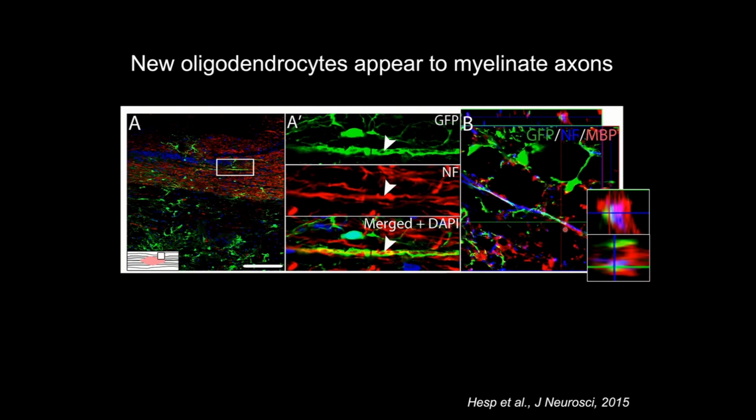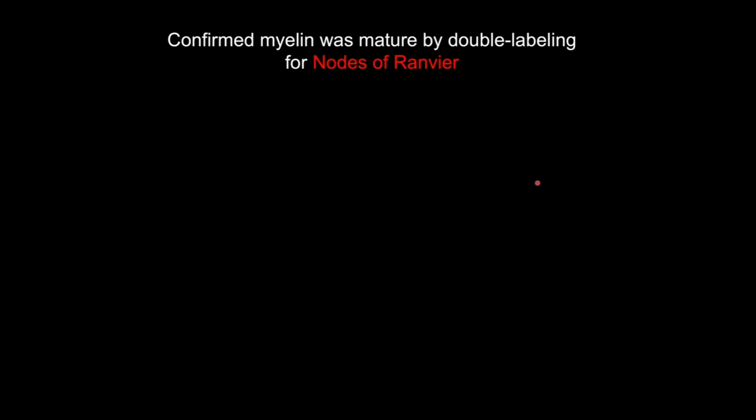And in this image, you can see a Z-stack through a spinal cord axon. Here the axon is labeled in blue, and MBP is labeled in red, and then we have the GFP as part of this MBP positive sheath. So we could see what looks like evidence of myelination. This doesn't prove it, however. So in order to try to find more evidence that this is actually functional myelin, we turned to examining the nodes of Ranvier.